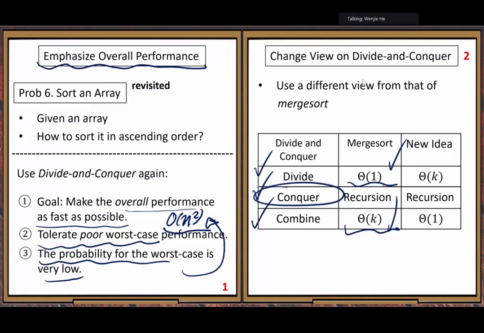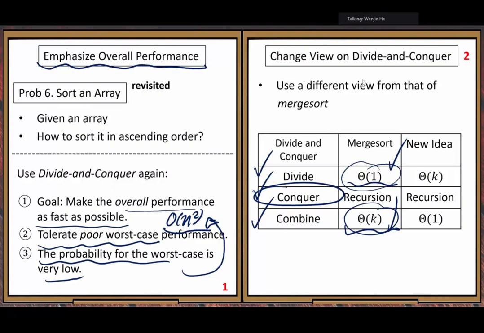All right. The new idea: we want to change our focus. We want to get a completely different algorithm. You can imagine it is impossible to make both the divide step and the combine step very fast, right? So it's a trade-off issue.